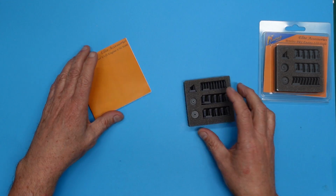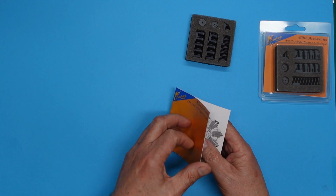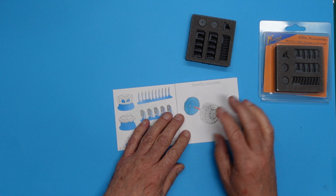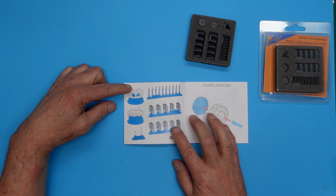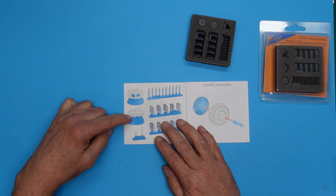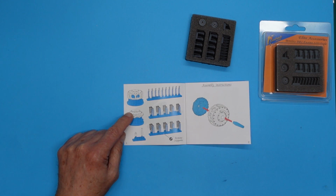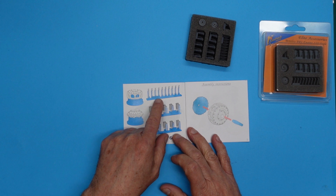So let's have a look at what we've got. First of all, we've got a little instruction booklet here. So here we have page 1. This is showing you the main crankcase here, and then we've got the inlet manifold there, or the gear set there for the push rods and everything. And then here we've got the